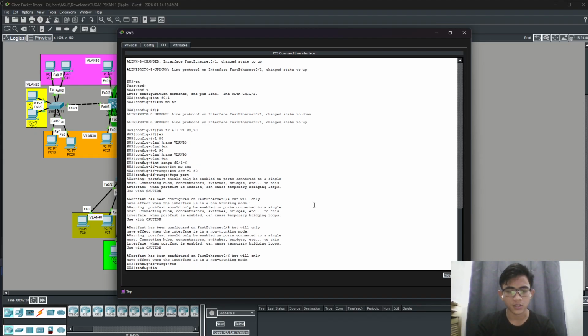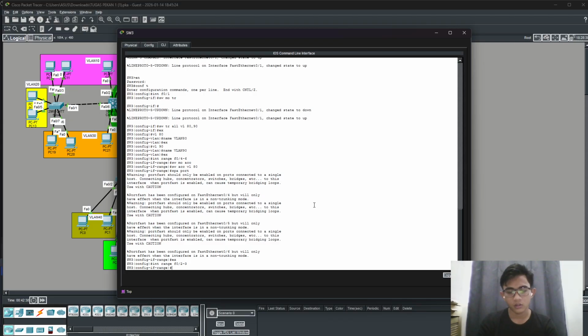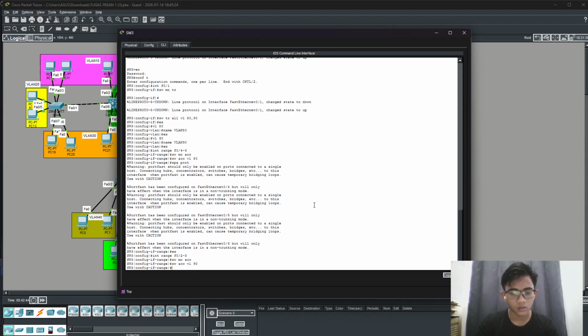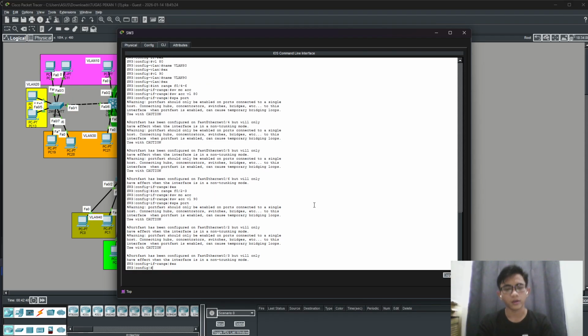And for the server, that is range F0/2 until 3, switchport mode access, switchport access VLAN 90 and spanning-tree portfast. Exit. Okay, finish, I guess.